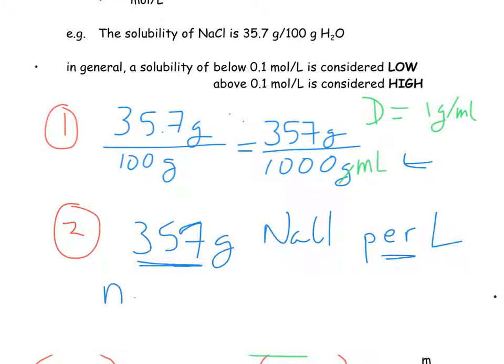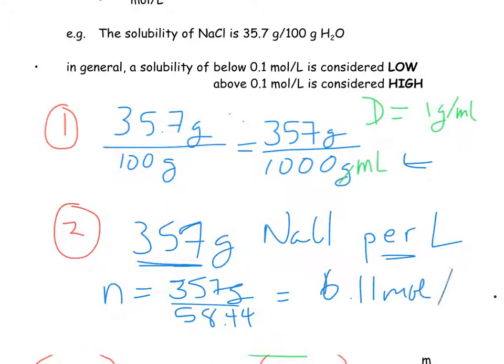My number of moles is equal to my mass, 357 grams, divided by the molar mass of NaCl, which I believe is 58.44 grams per mole. So let's work this out. I can tell already that that's going to be a pretty high value. So 357 divided by 58.44. So this is telling me that I have 6.11